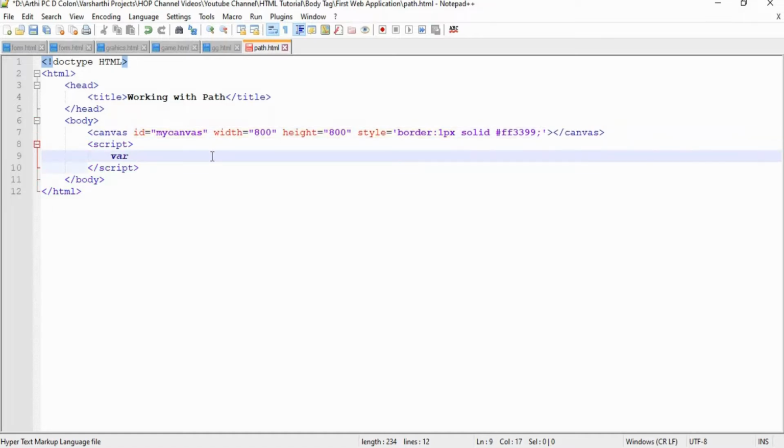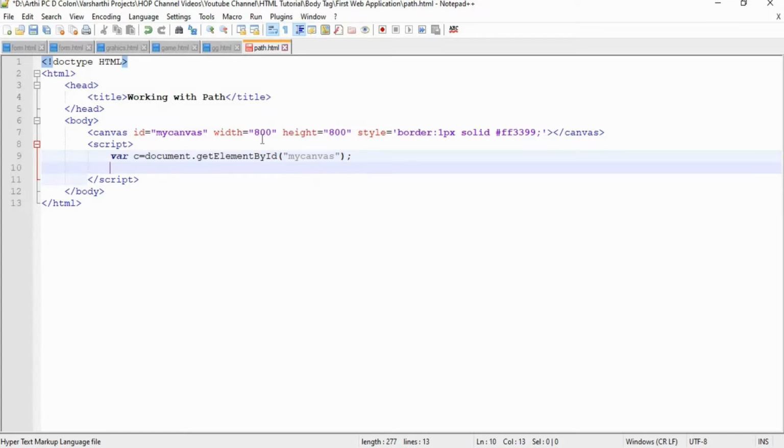So create a new variable and store the canvas inside that variable using the document.getElementById function. This function takes the ID attribute value of the respective tag. Here we are using the value myCanvas, which is nothing but the value provided for the ID attribute of our canvas element.